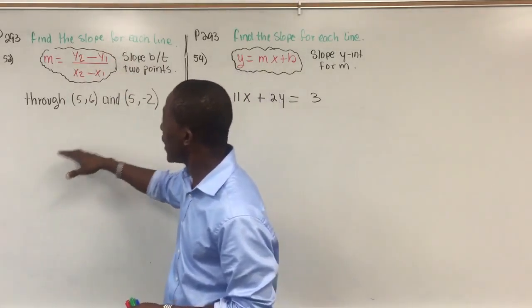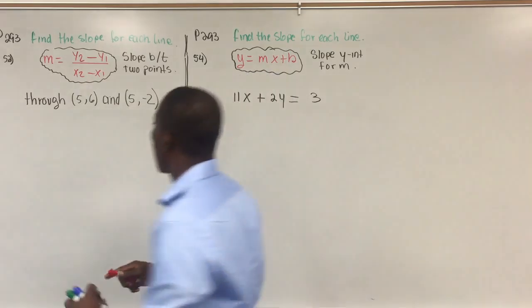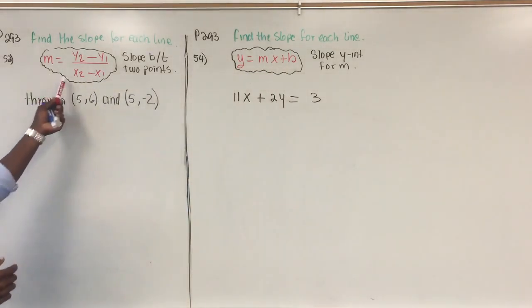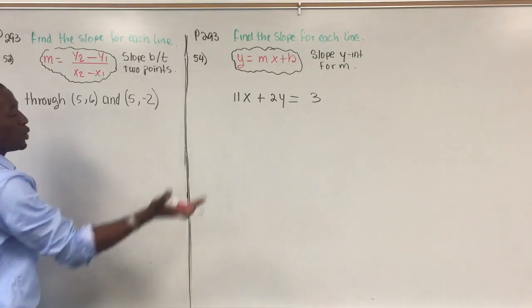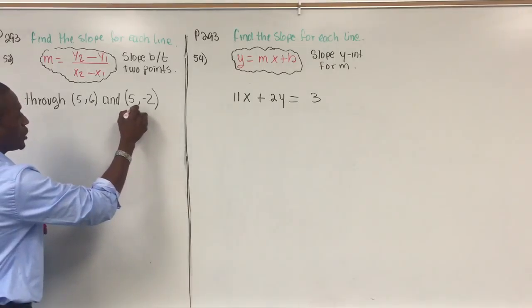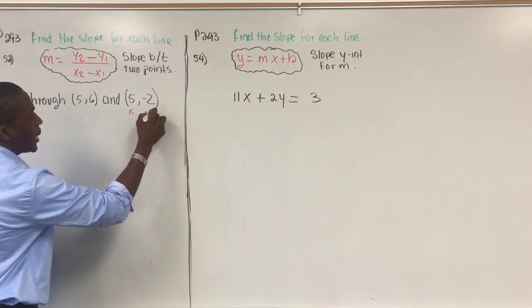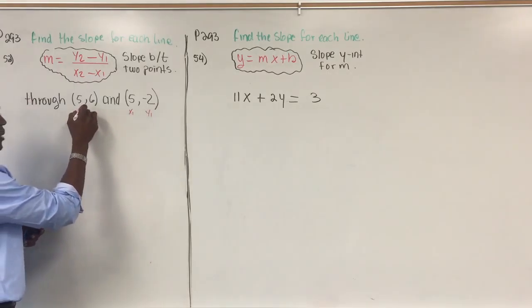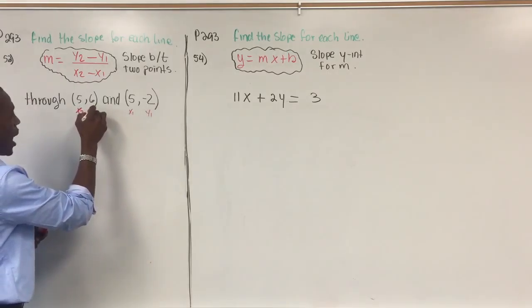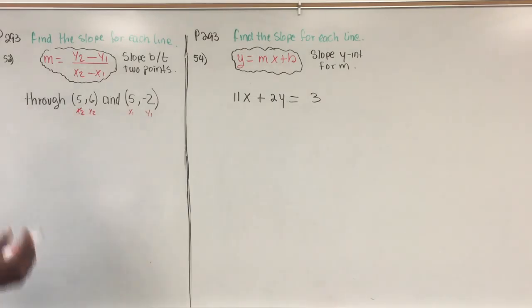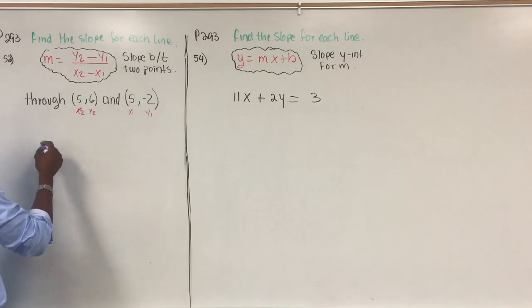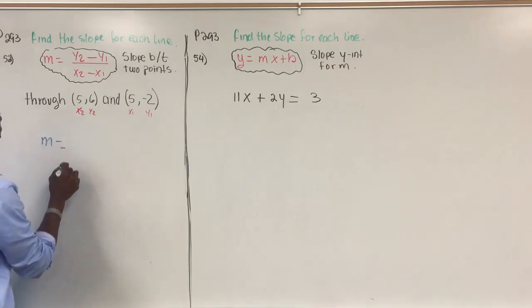So what we're gonna do is label them. It doesn't matter which one you pick first. If you pick this one first, that will be x1 and y1. If you pick this next, that will be x2 and y2. And then we can just go ahead and plug it in. So all we're gonna do is say m, because we need to find the slope, m equals